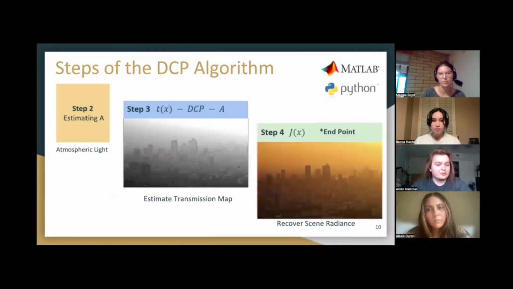Our second step would be estimating the atmospheric light, and this is done through the dark channel estimation, but instead of getting the darkest pixels possible, we're getting the top 0.1% of lightest pixels. And this can vary, 0.1 or 0.2% of lightest pixels, depending on your application. And as you can see here in step 3 with the transmission map equation, we are estimating the transmission map by getting the atmospheric light and the dark channel